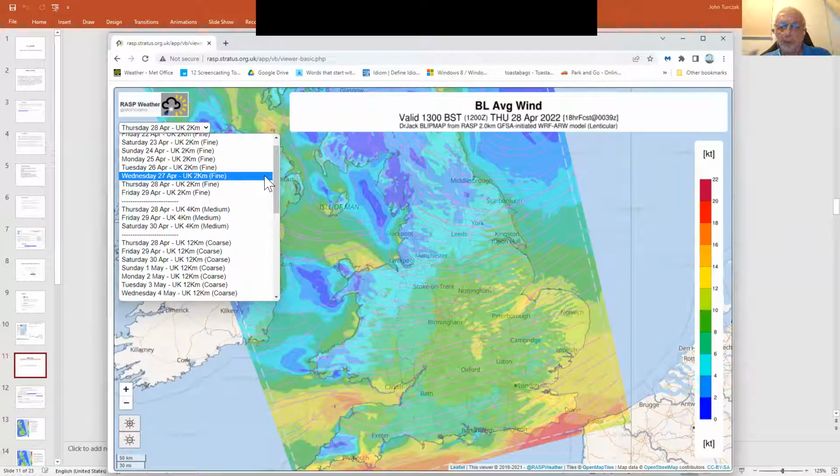And it's simply, when it's doing its calculations, it kind of divides the country up into squares. And so the 2K one, it's analyzing it and breaking it down to give you a 2 kilometer square picture. The 4K is a 4 kilometer square picture, 12K is a 12 kilometer square picture. So the 2K is obviously going to be the most accurate,